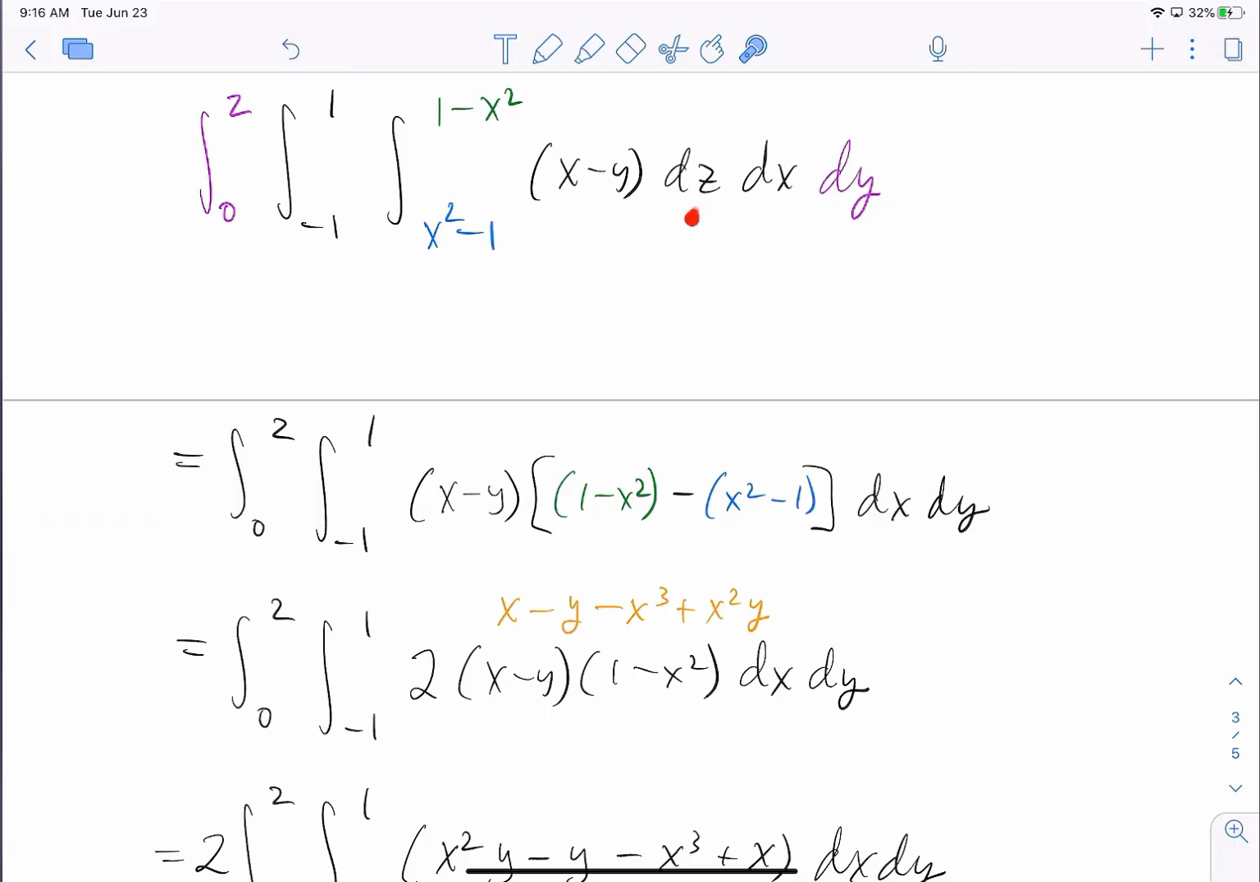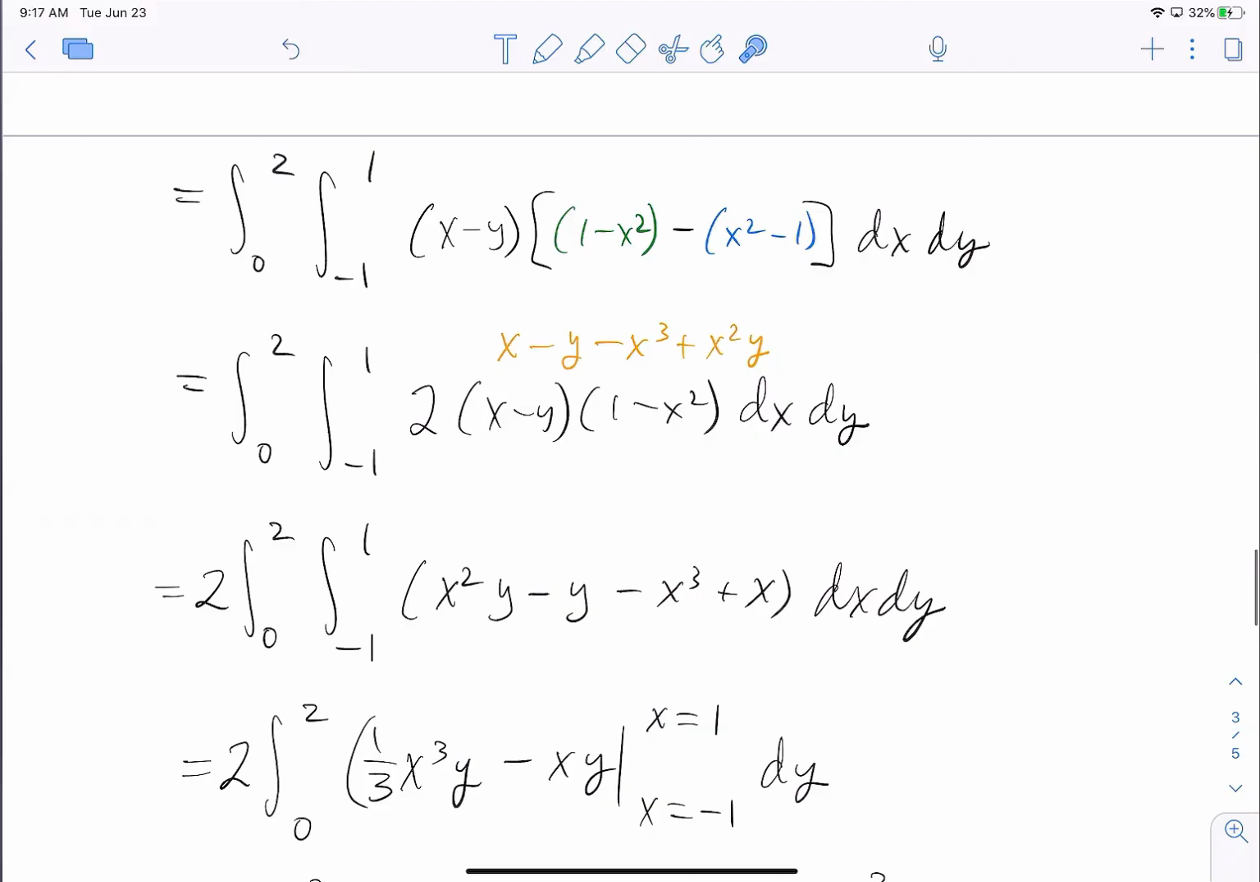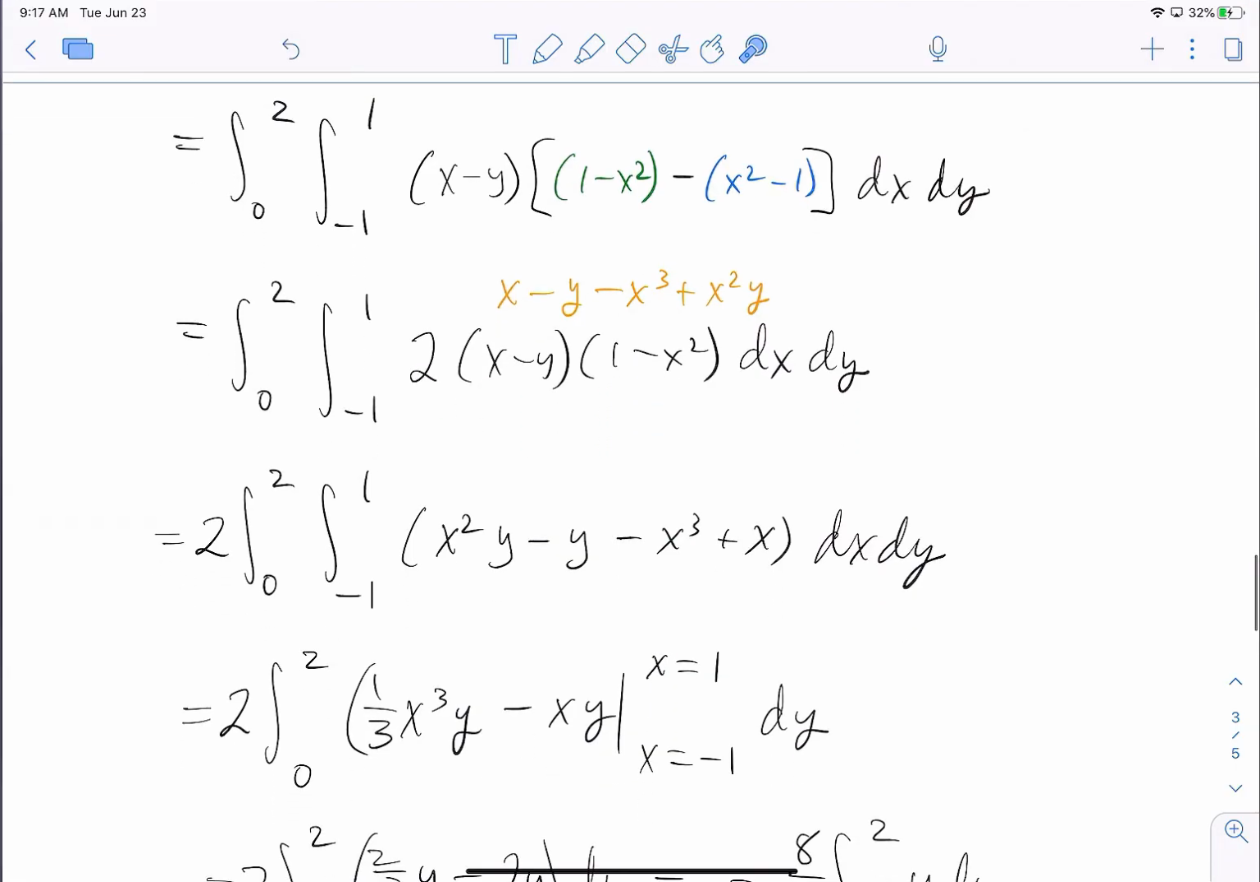For our first step, integrating with respect to z is going to give us a factor of z, and then evaluating that with an upper limit of 1 minus x squared and a lower limit of x squared minus 1 gives us the integral from 0 to 2 of the integral from negative 1 to 1 of the quantity (x minus y) times the quantity (1 minus x squared) minus (x squared minus 1) dx dy. And the 1 minus x squared minus the x squared minus 1 becomes 2 times the quantity (1 minus x squared). Our integrand is then (x minus y) times the quantity (1 minus x squared),